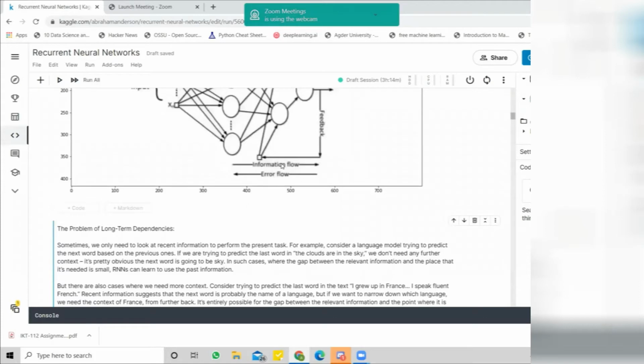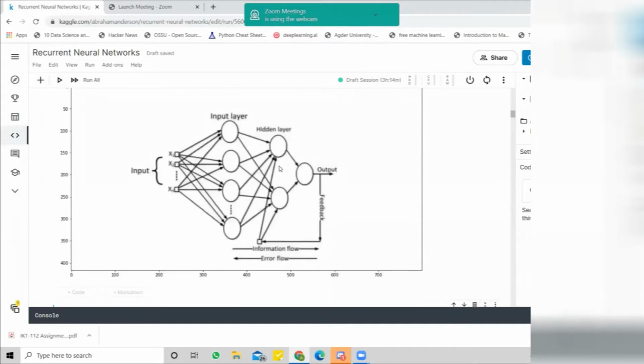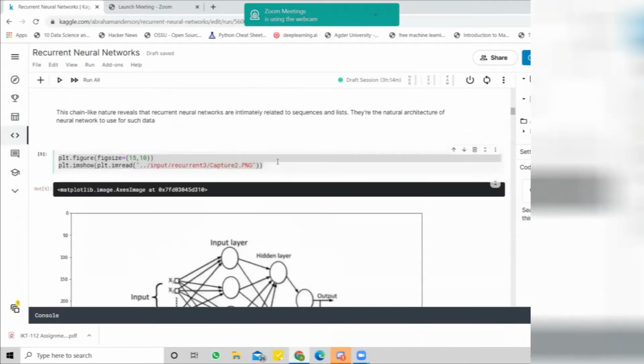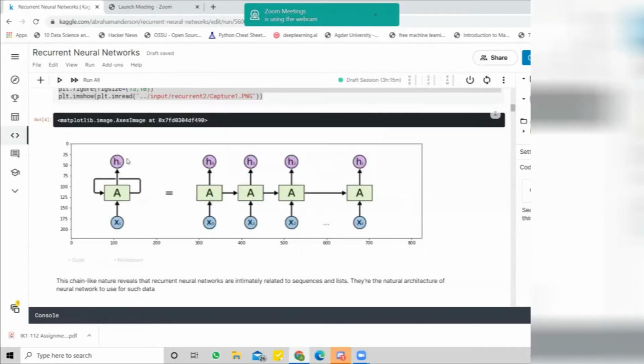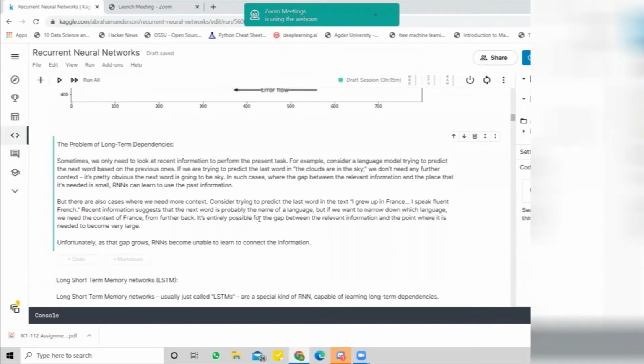But this was a good model for recurrent neural networks, as we can see here. But sometimes, for example, if I create a sentence like "the clouds are in the", what is the end of the sentence? Normally we predict that easily, right? This is very simple, and normal recurrent neural networks can easily predict, according to this sequence of the sentence, that the last word should be sky.